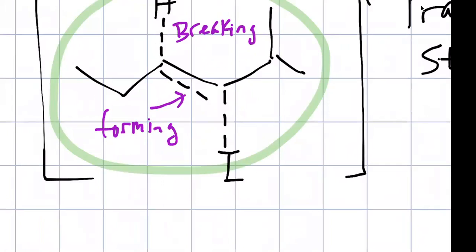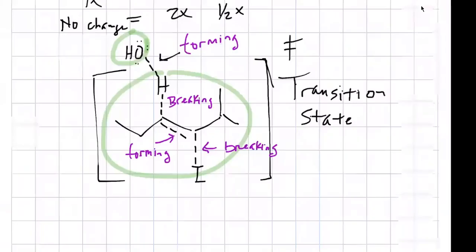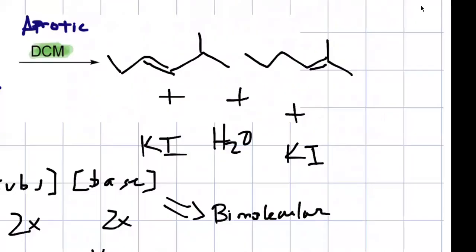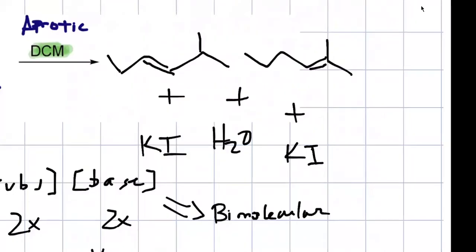And then the C-I bond is breaking. All that's happening in the transition state. All right, so we go back up to here. There's something we can say about the products as well, right? In the notes under E2, it talked about Zaitsev's rule,